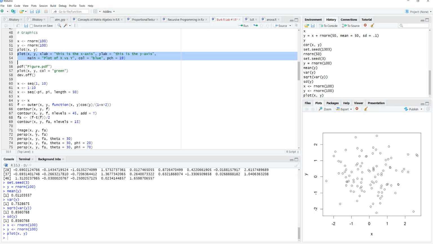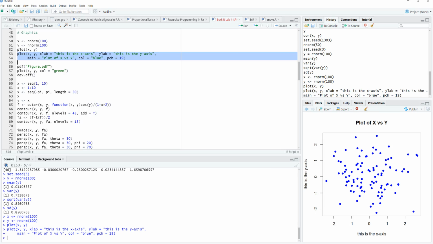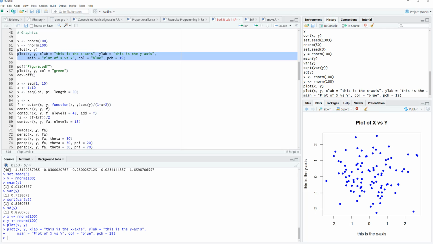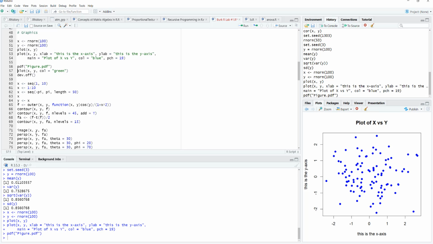It's going to be color blue, etc. So rather than explain every simple thing, you can go back and reproduce this on your own. Obviously, I hope that you do. You can create, and you can create a PDF of that if you'd like, and that will be saved into your current workspace. You can plot